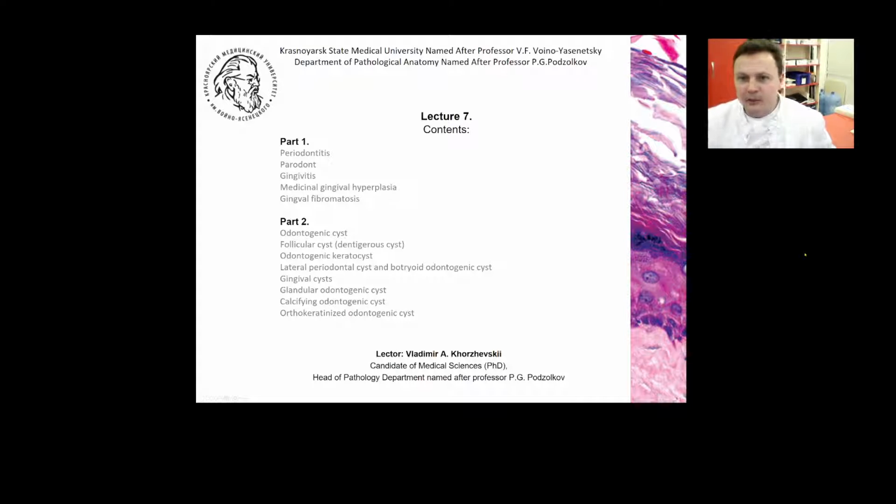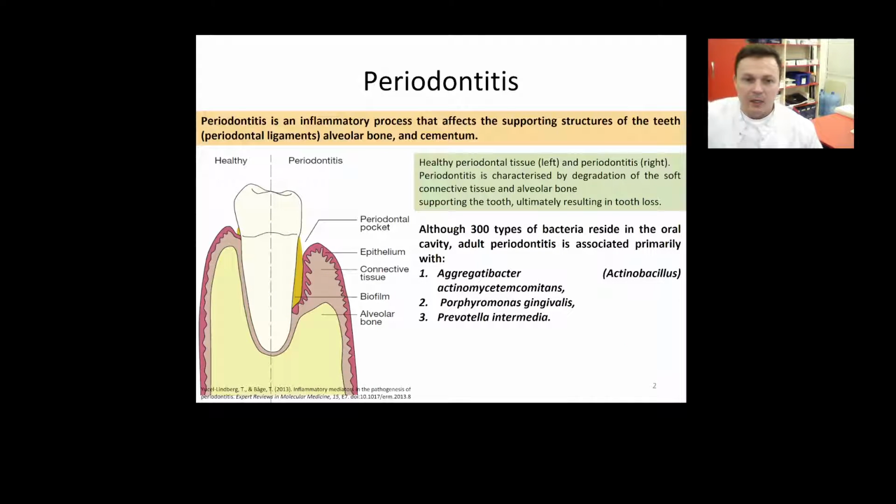So, dear students, today we'll talk about periodontitis, periodontal diseases, gingivitis, medical gingivitis, hyperplasia, gingivitis and fibromatosis, and about odontogenic cysts. So, let's start. Periodontitis is an inflammatory process that affects the supporting structures of the teeth, periodontal ligaments, alveolar